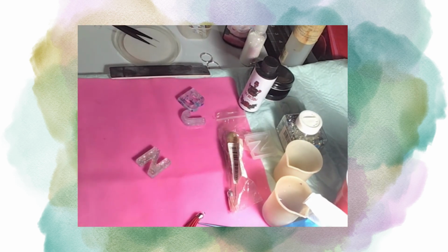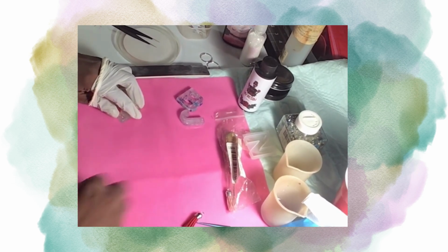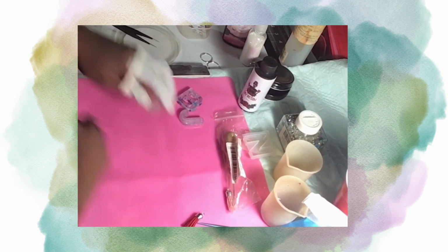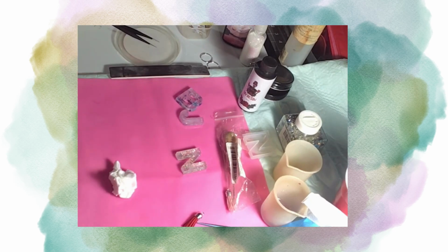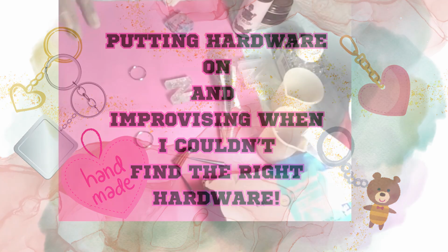I'm gonna go ahead and take my glove off, but let me wipe my area because we don't want the sandy parts as we put our hardware on. Okay, as I stated before, we have our hardware. We're gonna go ahead and put the hardware on. I have the 3 rings I'm gonna use. I also have